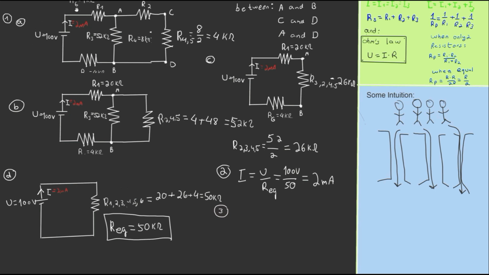Looking at circuit C, so let's write using circuit C, the voltage between A and B would be the current that flows between A and B times the resistance between A and B. And using Ohm's law would be